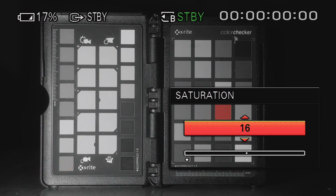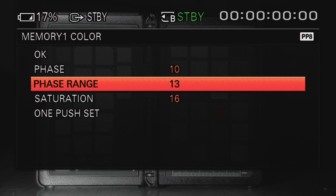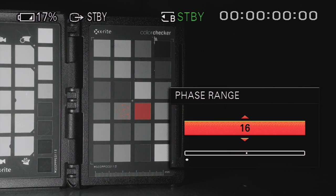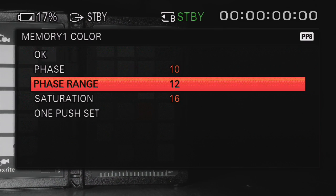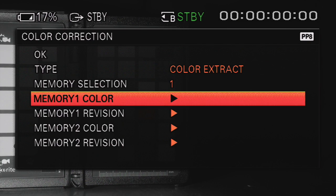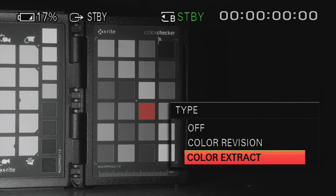It can be a cool effect. And then you can play with the phase, before the phase range. This is going to affect the selection that you made with your one push selection. But it's another way of dialing in the colour manually. Kind of like zebras in a way, you're finding a range of colour for the camera to affect. So that's that. If we move over to revision,